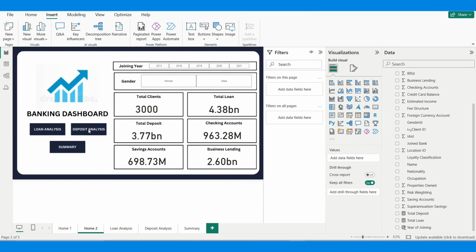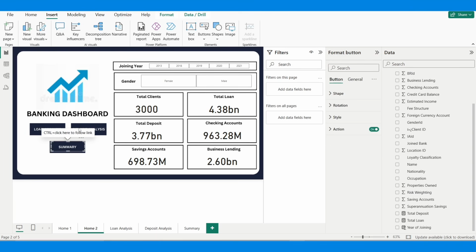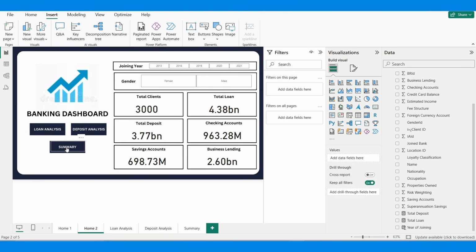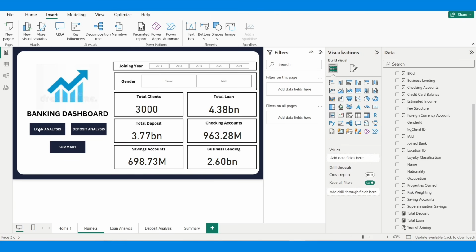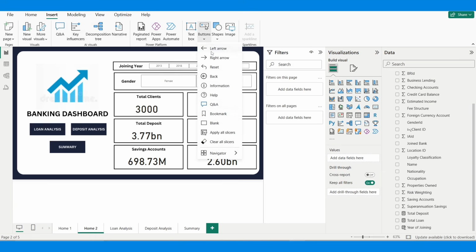Deposit, one second. Oh, did I not copy paste it? Oh, I did not copy paste it, my bad. Okay, so again need to create